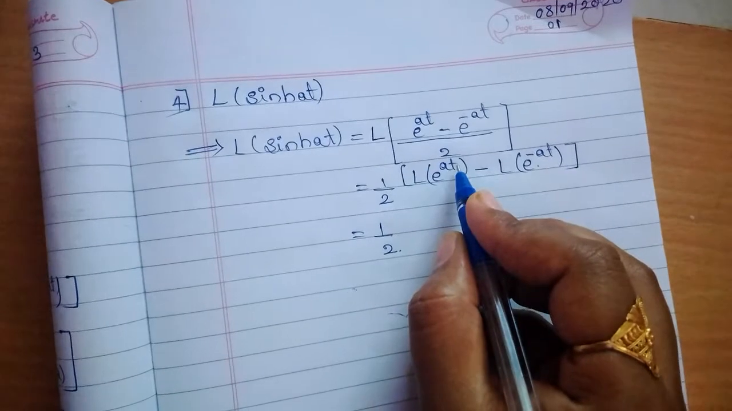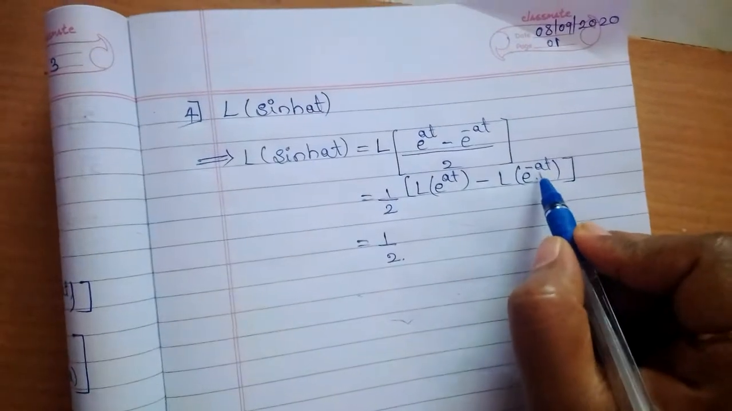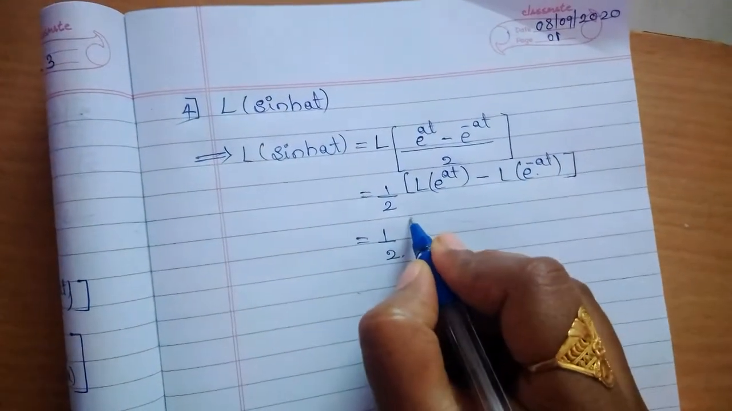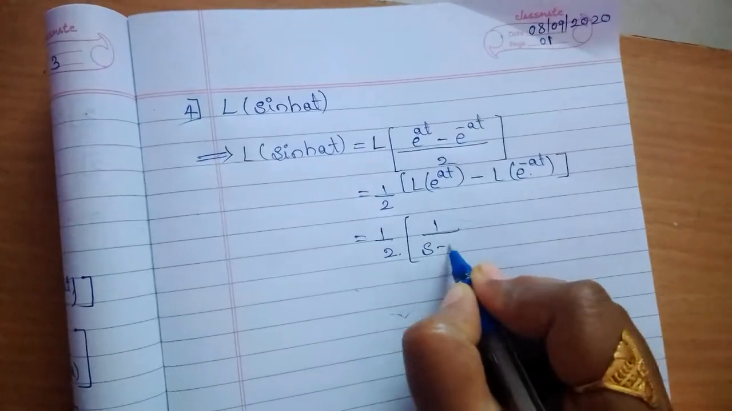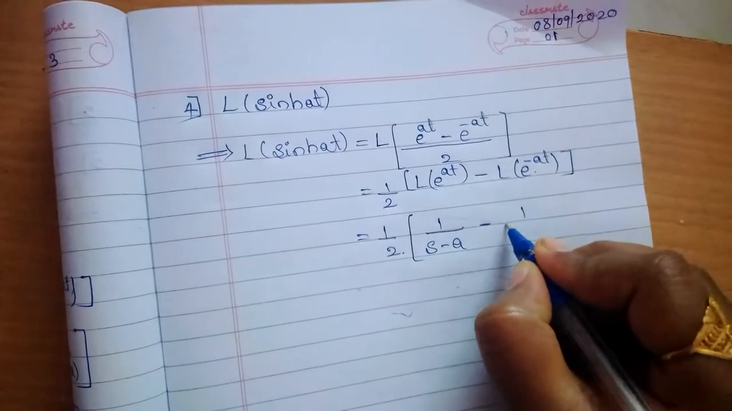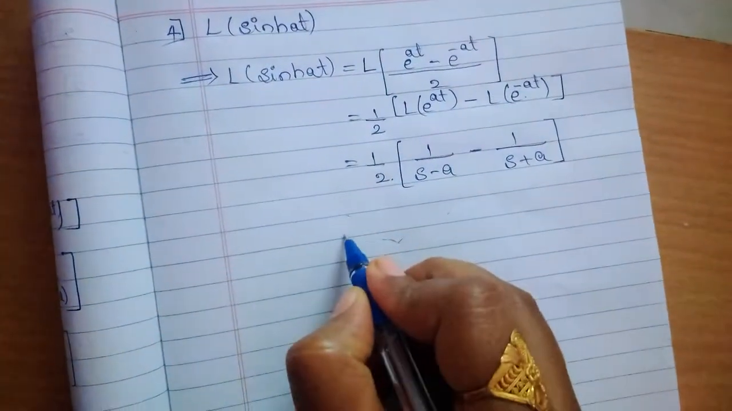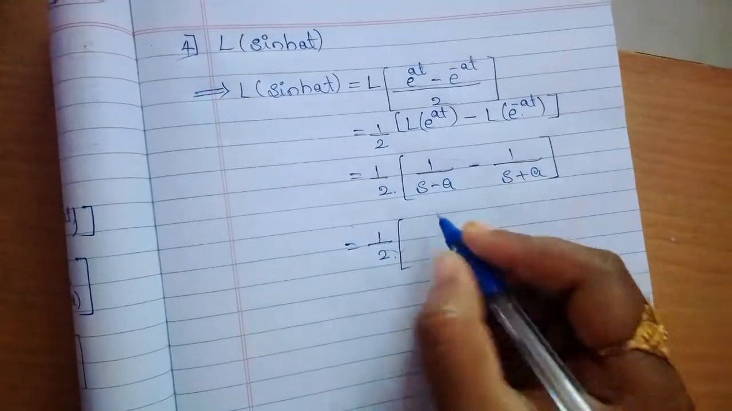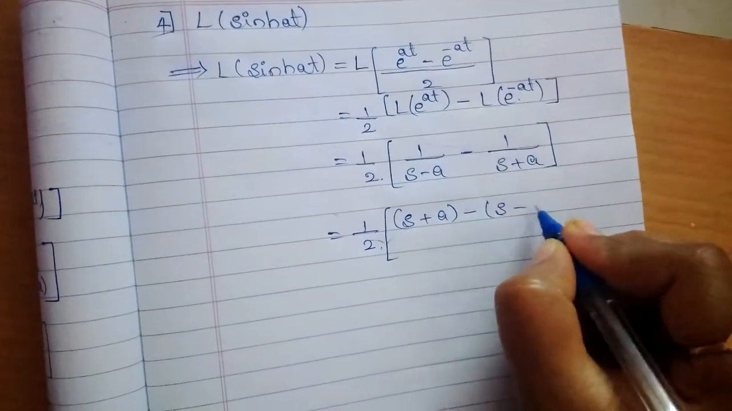Then it is equal to 1 divided by 2. Laplace transform of e raised to at is 1 divided by s minus a, and Laplace transform of e raised to minus at is 1 divided by s plus a. Therefore, Laplace transform of e raised to at is 1 divided by s minus a minus Laplace transform of e raised to minus at is 1 divided by s plus a, which is equal to 1 by 2, take LCM here, s plus a minus of s minus a